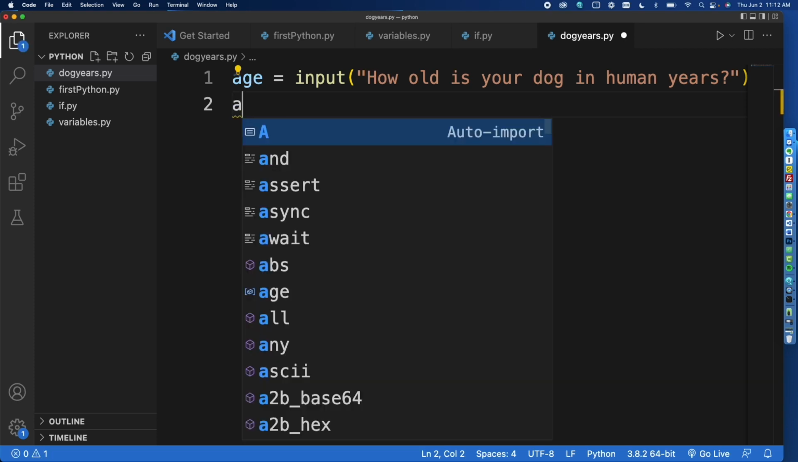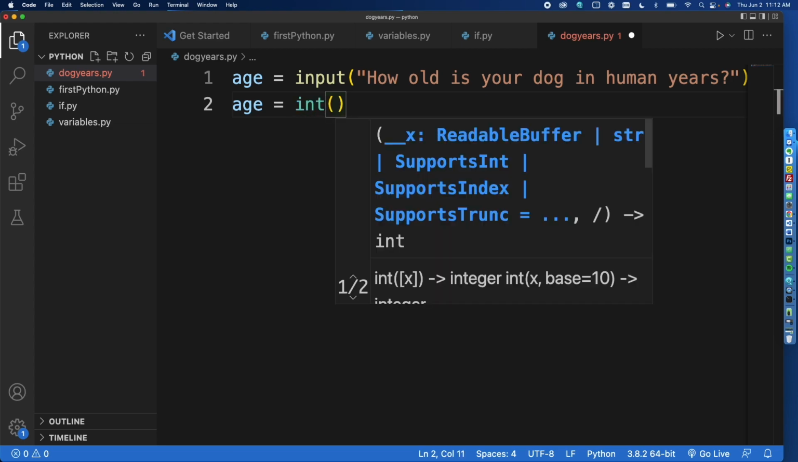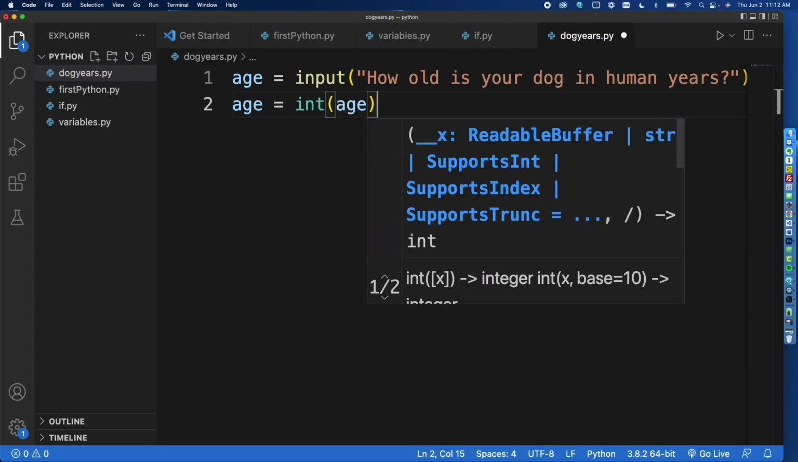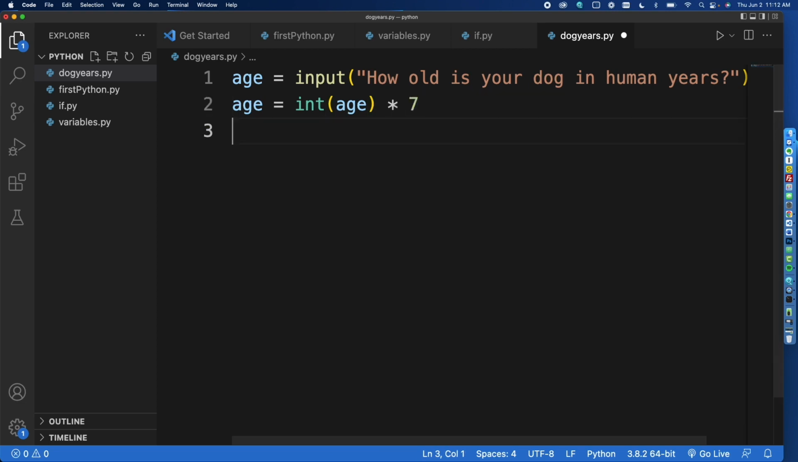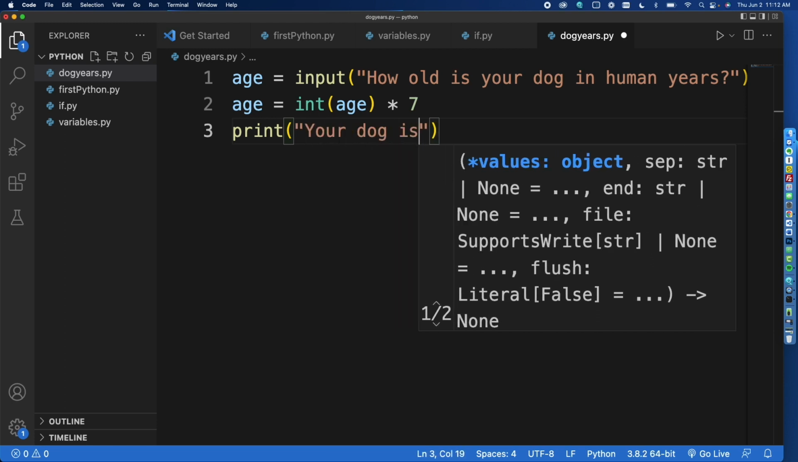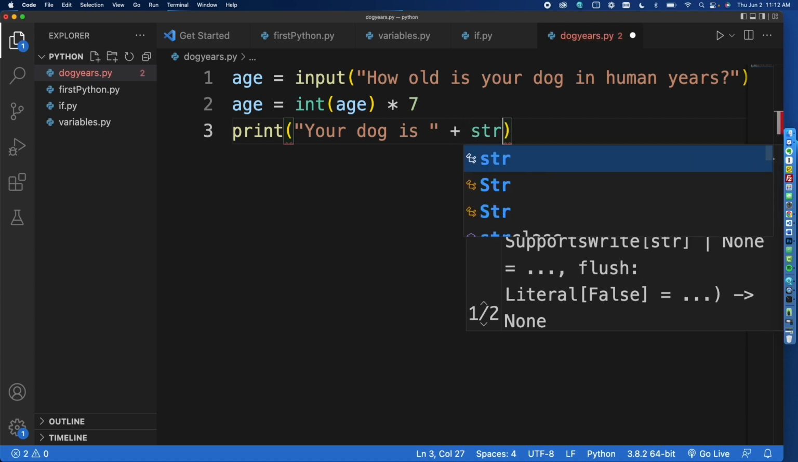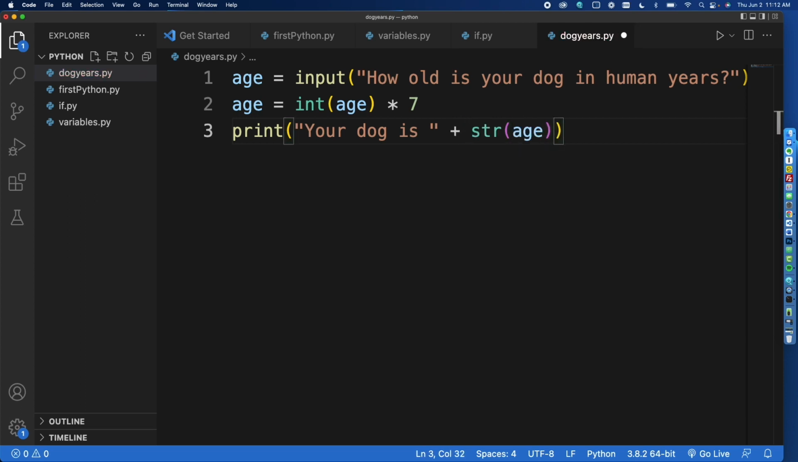So now we're going to say age equals, and remember what is entered is a string, so we're going to make this into an integer value, int age times 7. So that'll take whatever the user entered, convert it to an integer, and multiply it by 7. Now we'll print out the results. Your dog is, and now we're going to have to convert that back to a string, so it can be output with a string